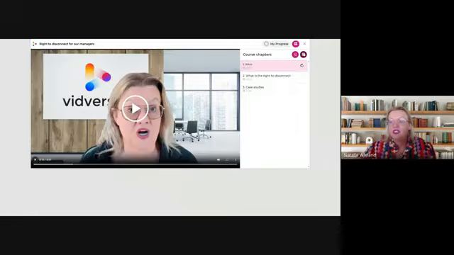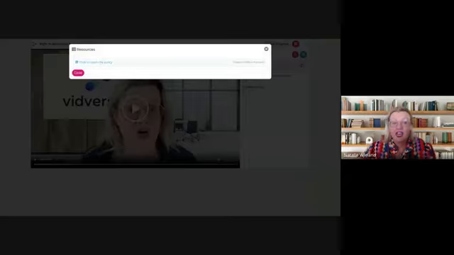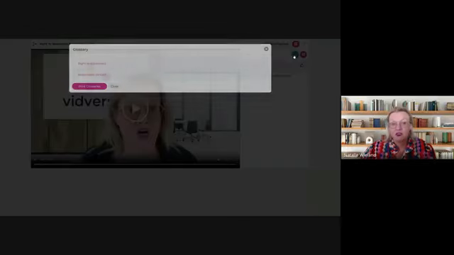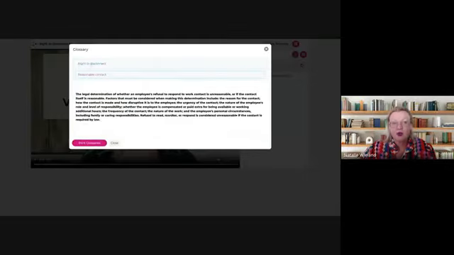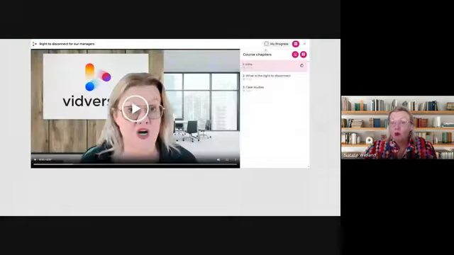Okay, we've got a resource library over here. So anything that we're asking them to look at is available in that resource library. And here's my glossary. I'm building this out and the person can print this. So we're starting to make it a really self-contained course that the person doesn't have to go looking for the policy. It's just over here. Any words that you think are useful, they're just over here.